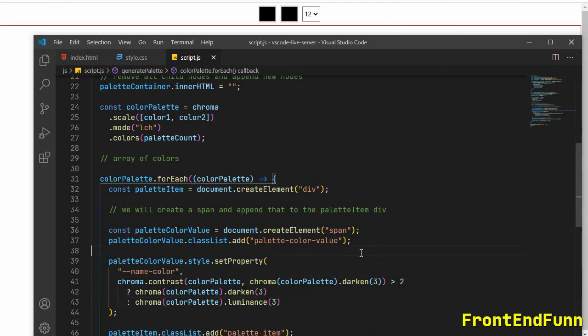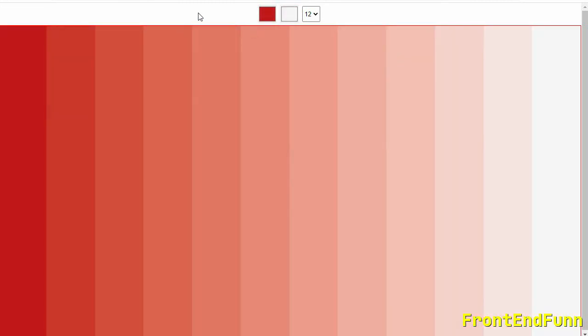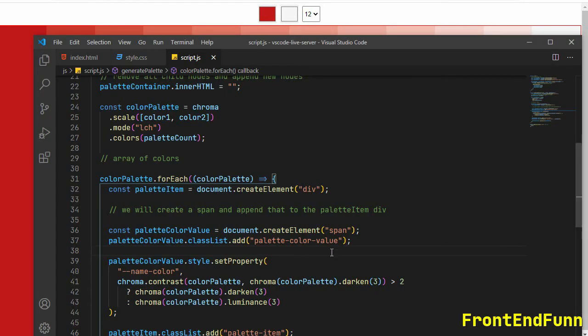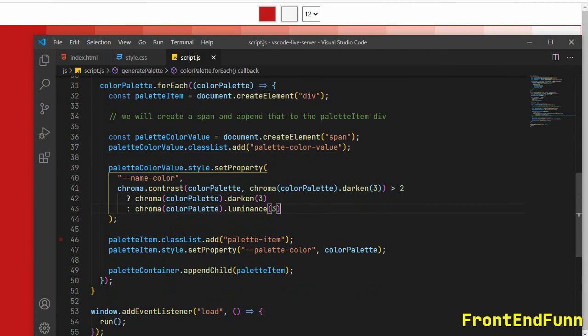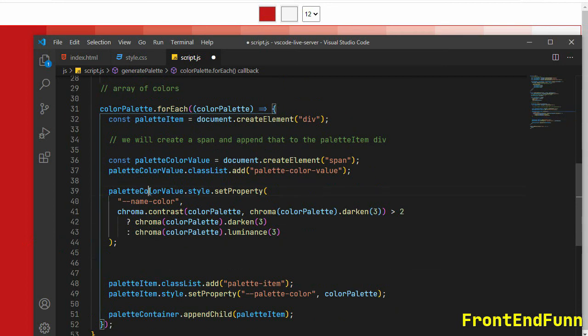Luminance of 3. Okay. Fine. And here we'll be appending the color to the palette item.